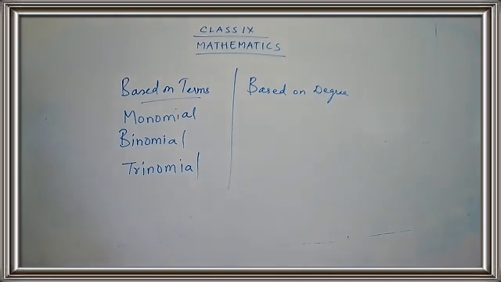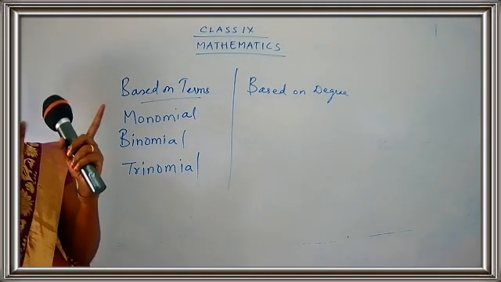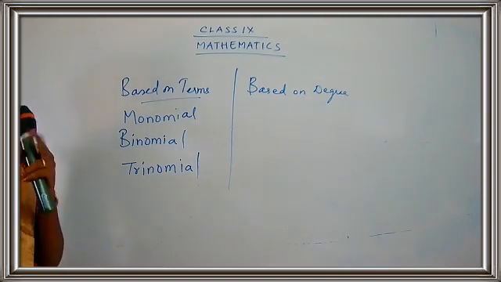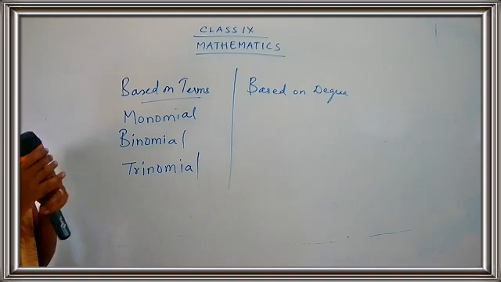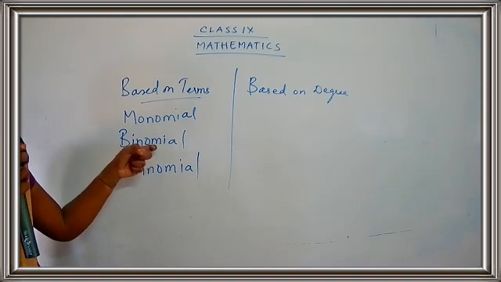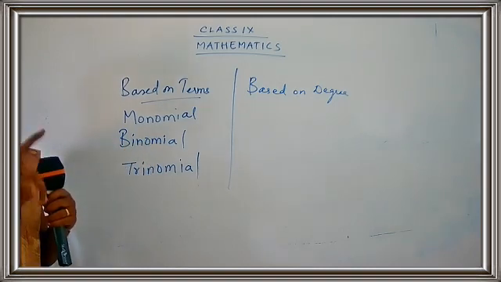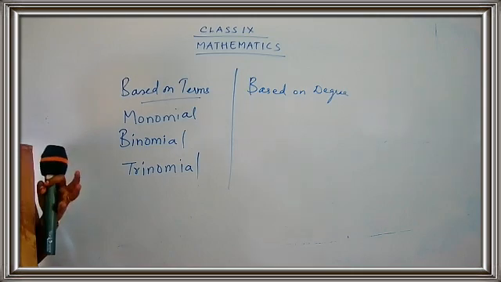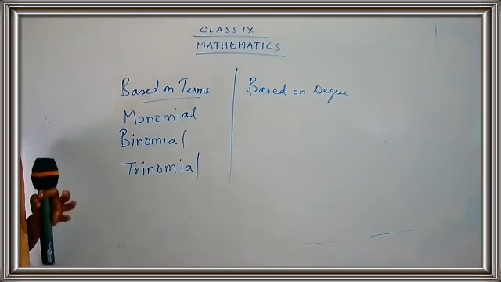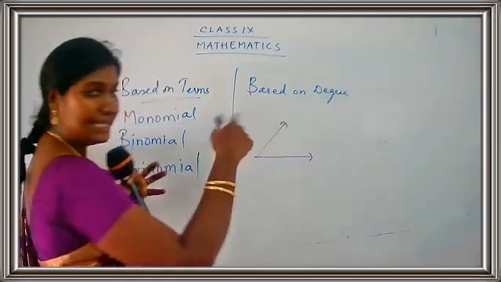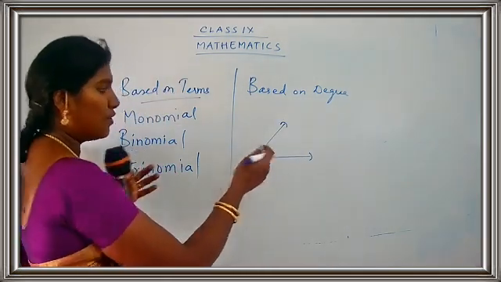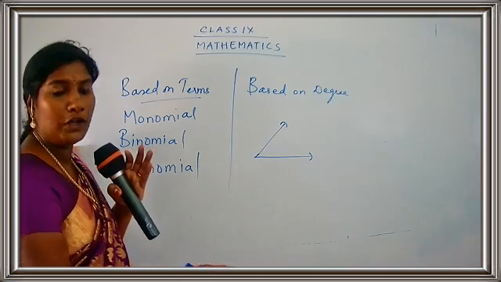Binocular. You can just think of a binocular. In a binocular, we have two lenses for magnifying a particular view. Yes, children? So bi means two. Then we have used the term bisection, angle bisection. What is the meaning of angle bisection? Suppose you draw an angle and you are told to bisect this angle. Bisection means you are exactly going to divide it into two equal parts.